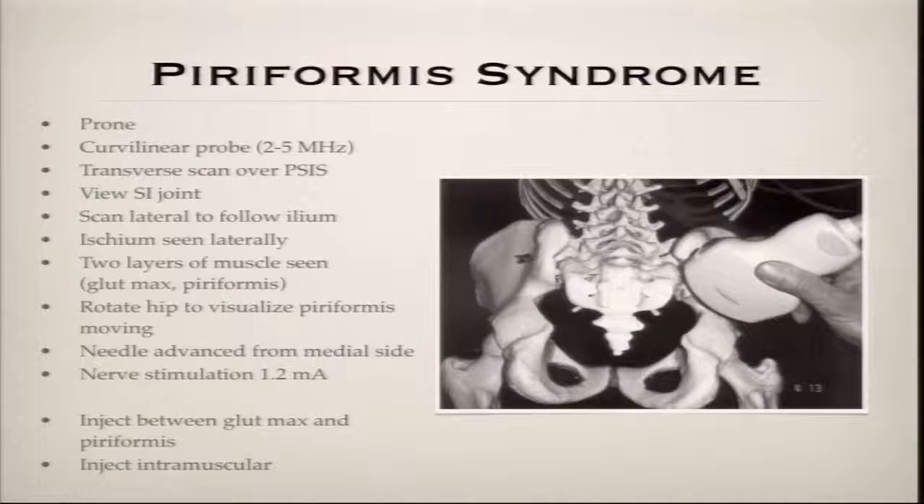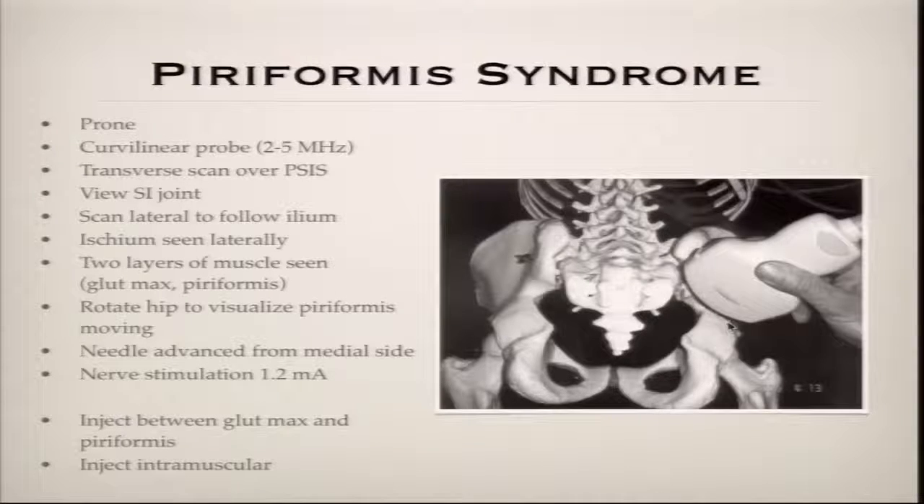How do you do the procedure? Well, you lay the patient prone. Typically we use a curved probe. This allows for a wide viewing angle, and also typically these are low frequency probes to give you depth of ultrasound imaging. You do a transverse scan over the level of the PSIS, and you view the SI joint and